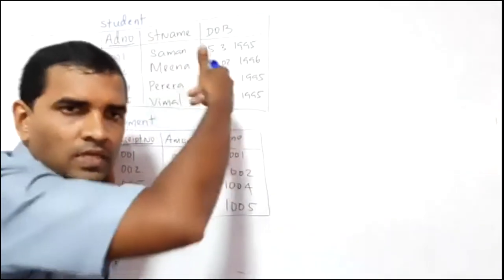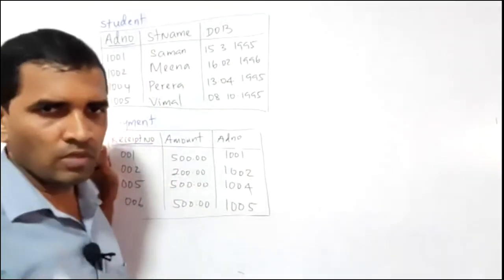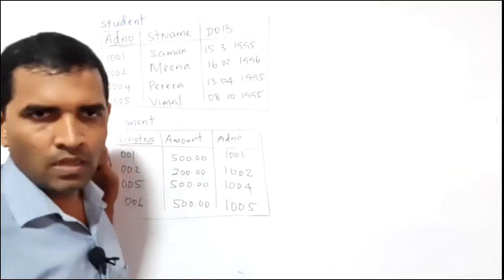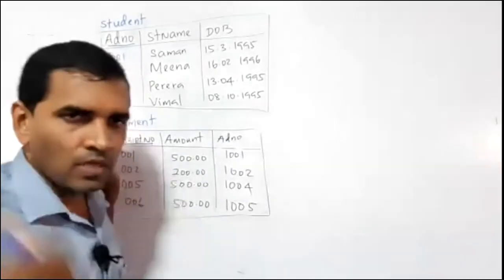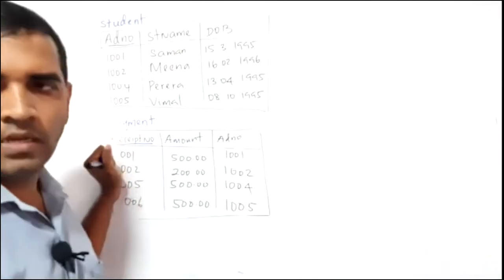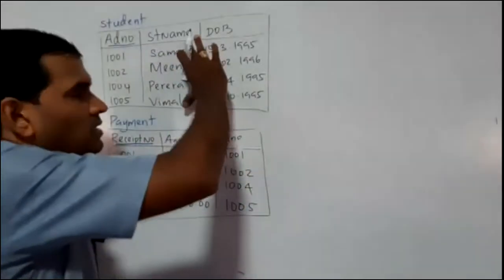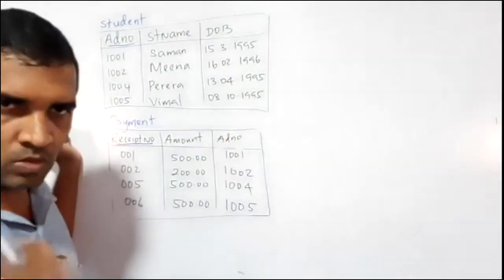If you think that there are some other records to come, then sometimes you may have confusions in understanding one-to-one. But once we understand all these 3 relationships, then we can take some complex things. So don't worry about that part. For now, remember this has only 4, and the payment table has only 4.